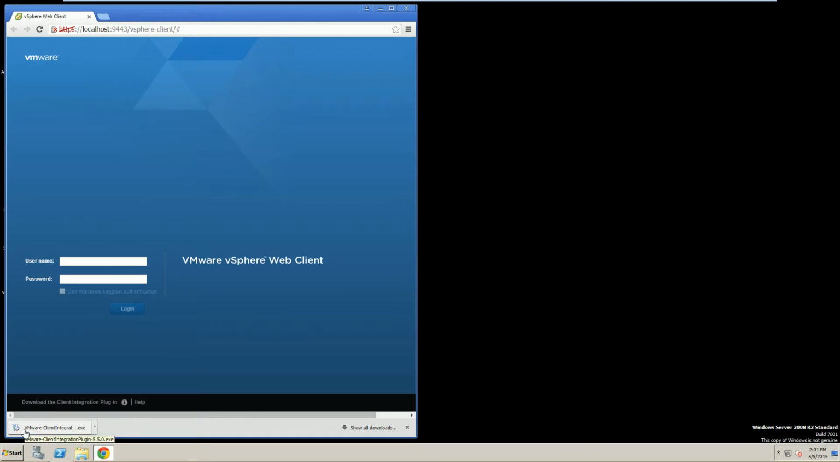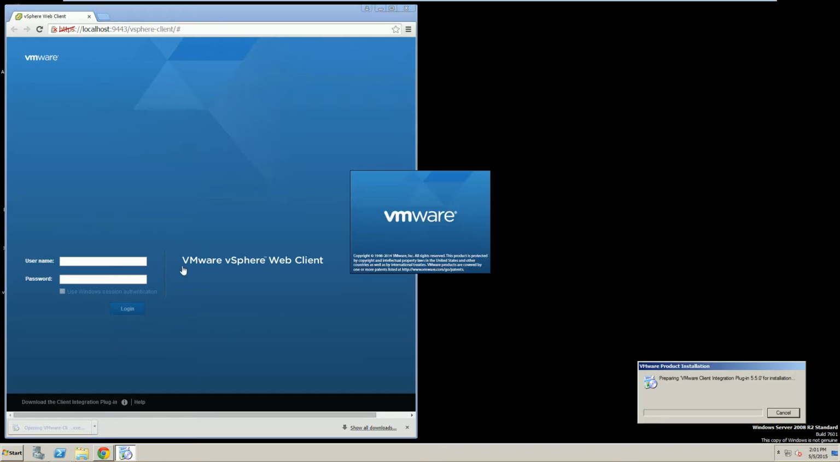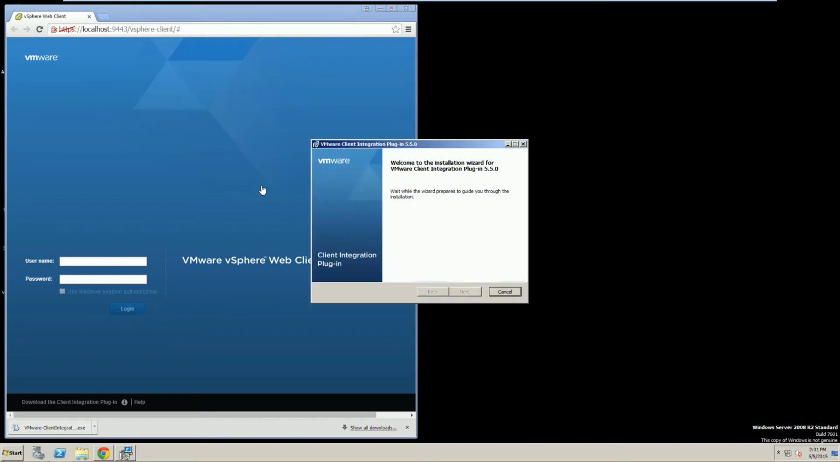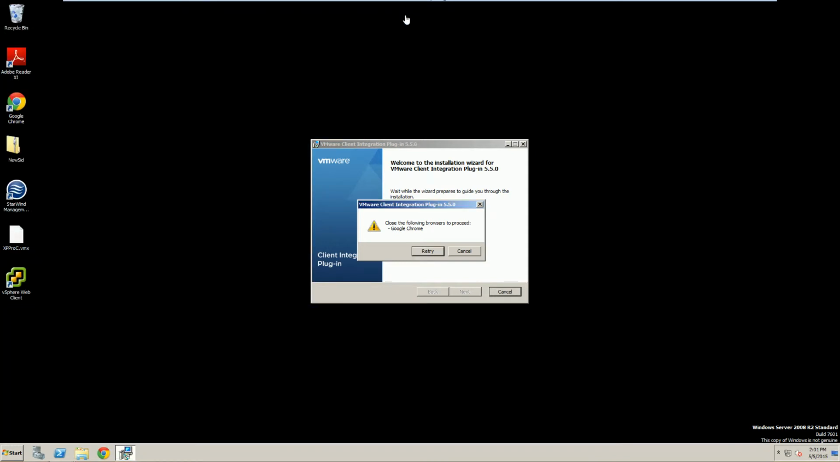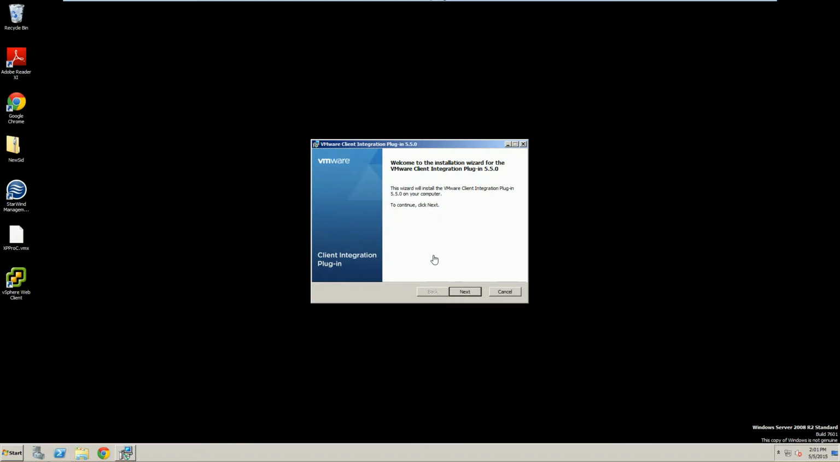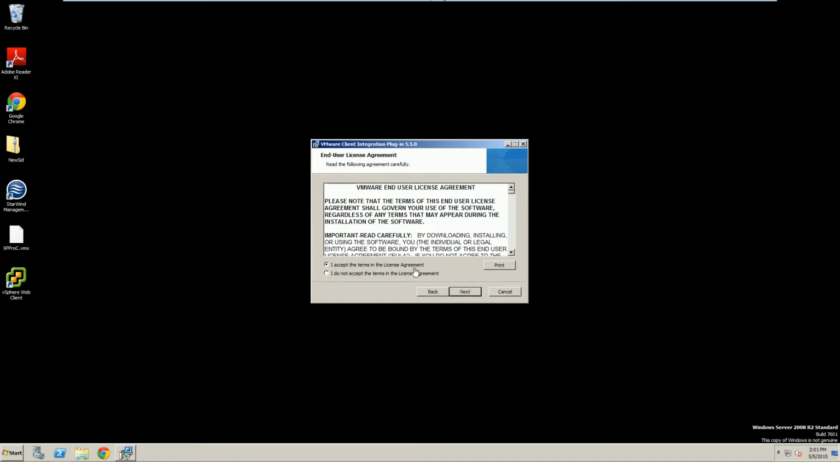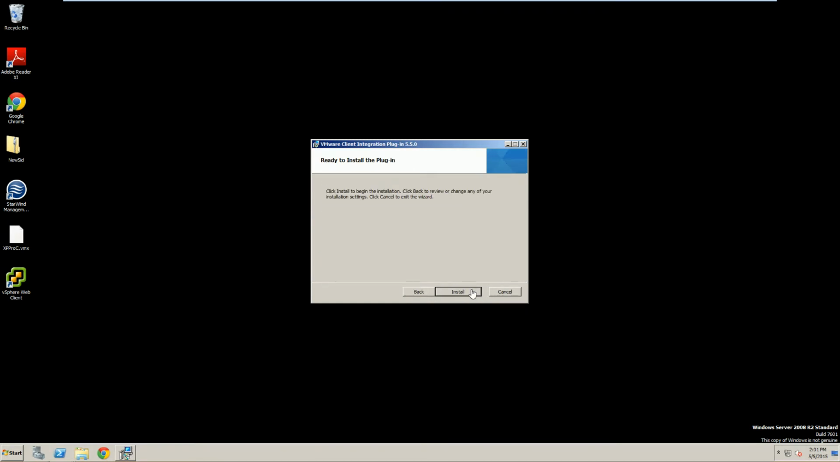Let's run the VMware client integration plugin. You may get a hateful pop-up saying you can't because you have Chrome open. Let's go ahead and close Chrome, and let's try to redo it. Walk through the setup. We're leaving all the basics, that's okay, accept the agreement, and install. The installation shouldn't take very long, but once we are done, we're going to go ahead and hop in to